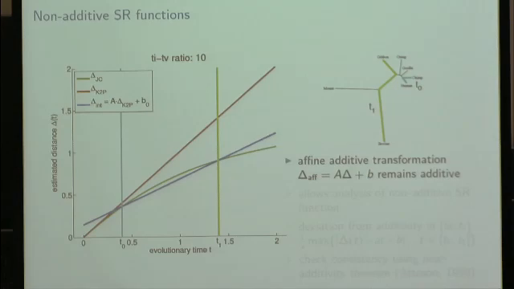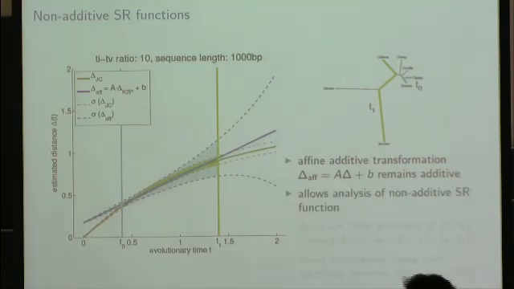So the interesting observation here is that this linear interpolation actually represents an additive distance function, because every affine transformation of an additive distance function is an additive distance function. So we could actually use the standard distance function, transform it onto this line, and this is what we did. We tried to minimize the difference between our non-additive and additive distance function, and if you combine all those